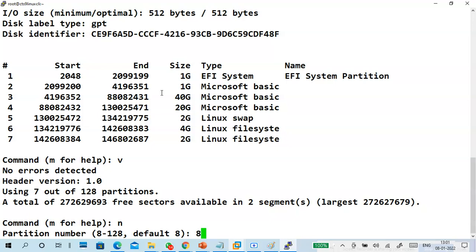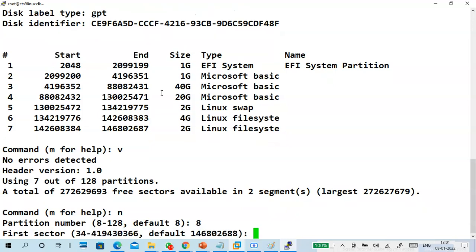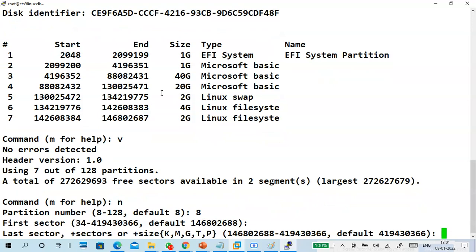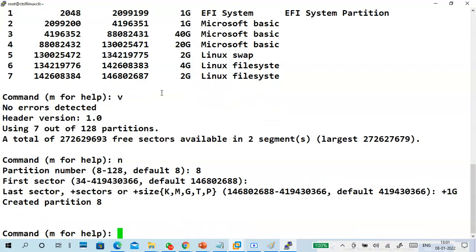Partition number is 8. I'm using 8 only. Don't do anything in the first sector. And here, for the last sector, specify how much size you want. For example, 2 GB or 4 GB, your wish, no problem. 1 GB is also no problem. You can use it, as 2 GB swap is already running. I'm using 1 GB just for understanding. Plus 1G.